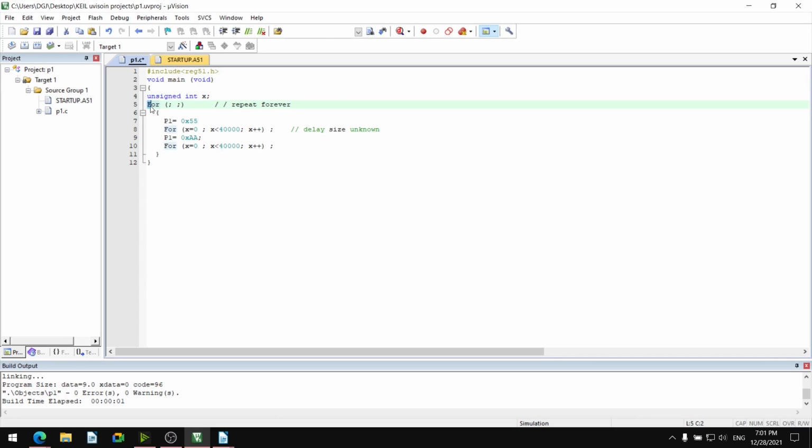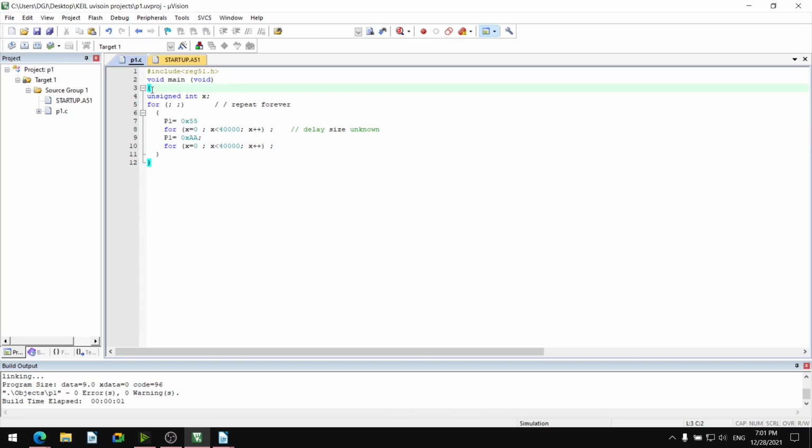So this is include the REG51.h, void main void, curly bracket of void main void starts, curly bracket of void main void ends.